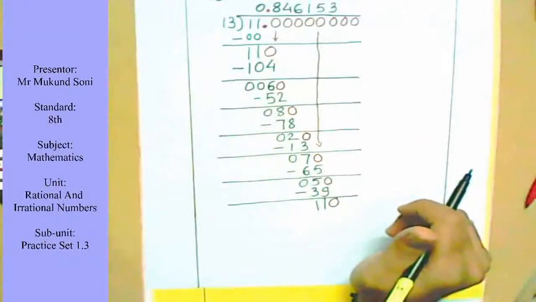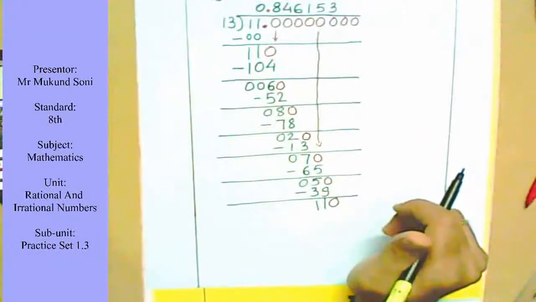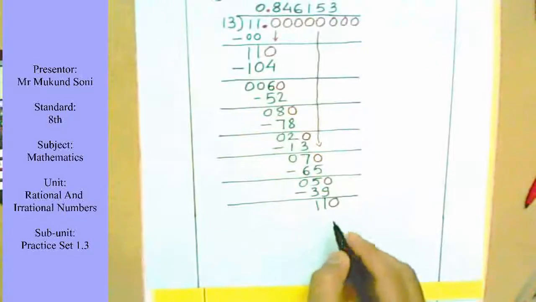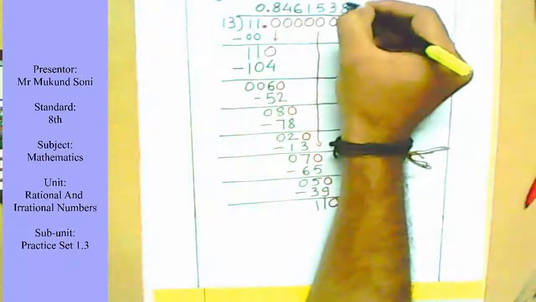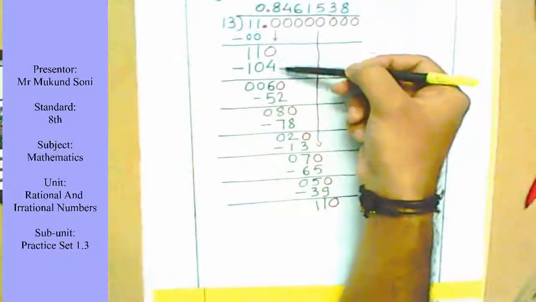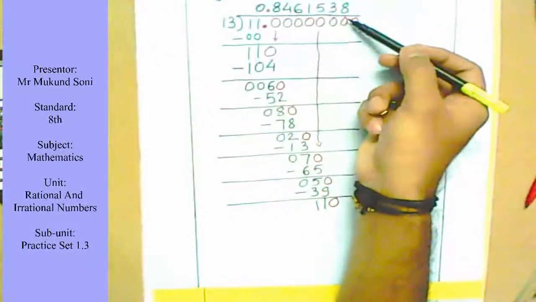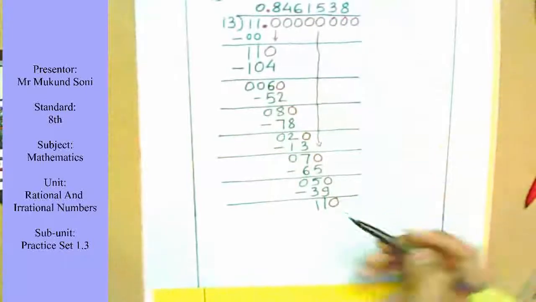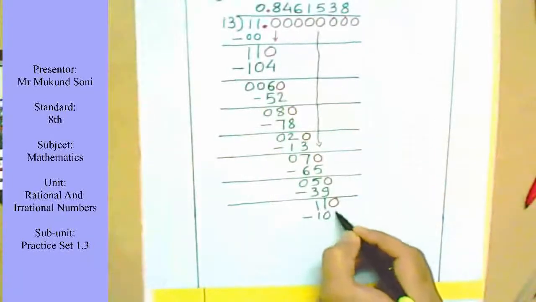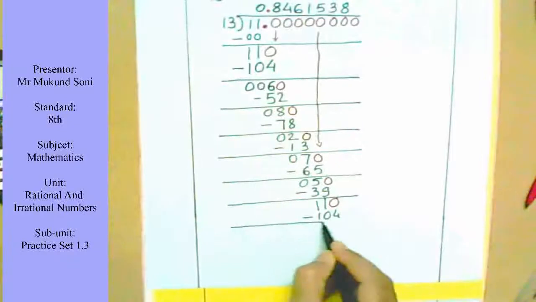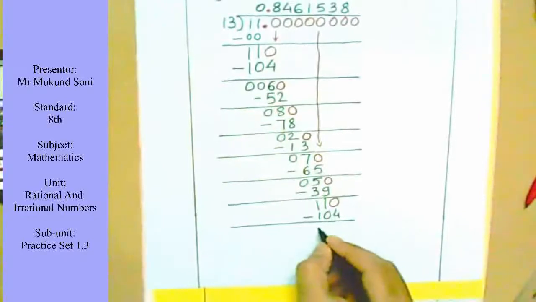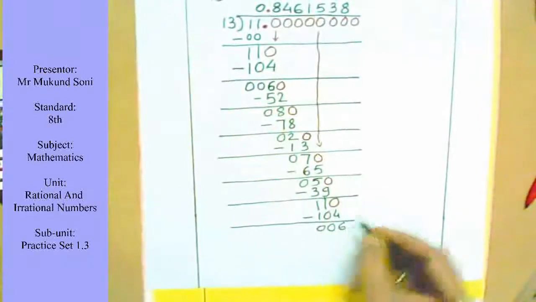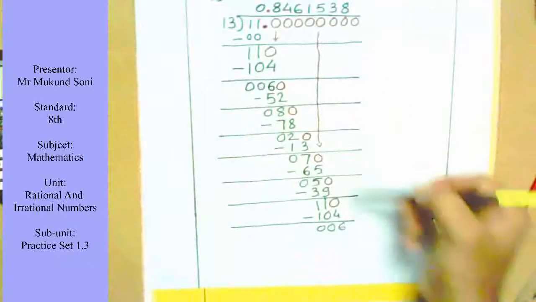And think of the repetition. Is there any repetition? I think you are able to find it out. That means I have to go again with 8s, as we did here earlier. The same thing we are going to do here also now. Subtract 104 and your subtraction is 6. Same as the earlier one. Can you see?